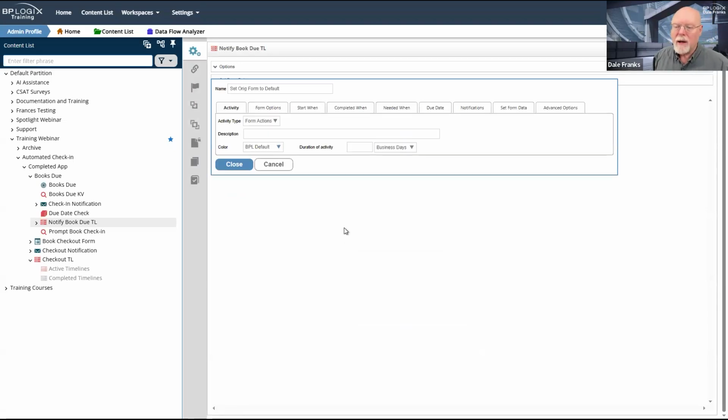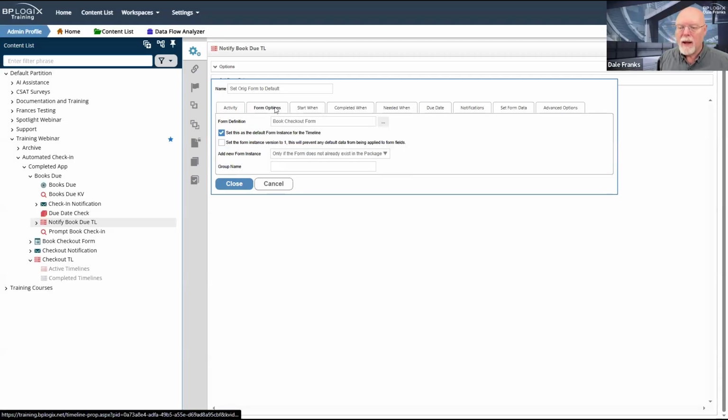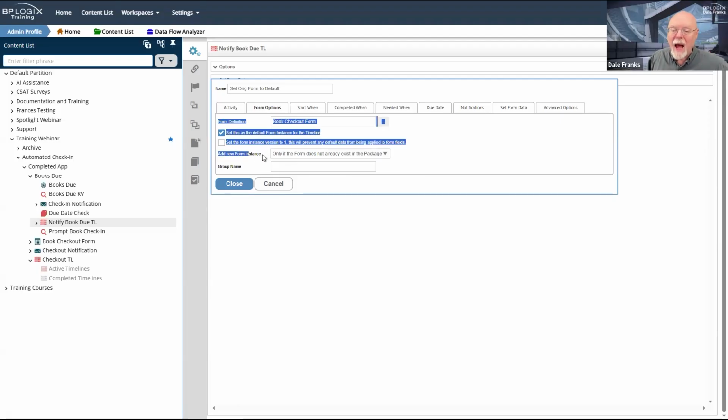Our first activity is going to be a form actions activity. And what we're going to do is set the book checkout form as our default form instance for this timeline. And we're also going to ensure that the add new form instance property is set to only if the form does not already exist in the package. When the knowledge view invokes this timeline instance, it is going to attach the original checkout form to it.